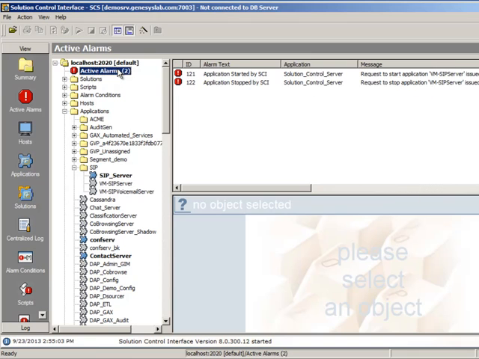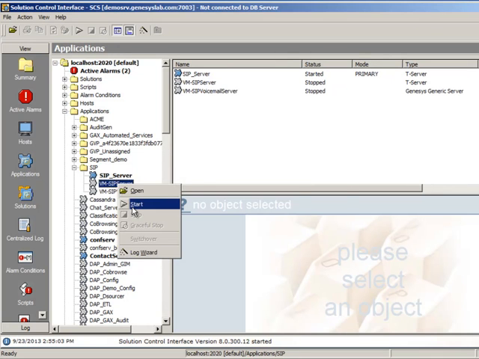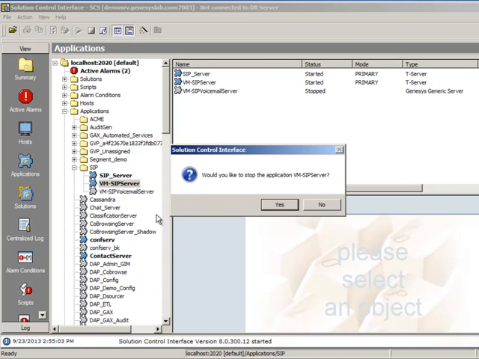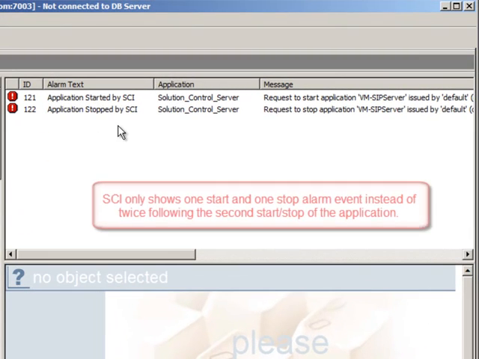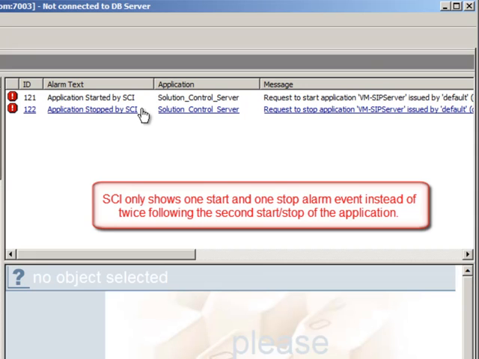We can see that SCI correctly generated 2 alarms, one for the start and one for stopping the application. We'll do the same again, starting the SIP application again and then stopping it. So effectively we have started twice and then stopped it twice. And we can see in here that SCI only shows one start and one stop event, and this is a